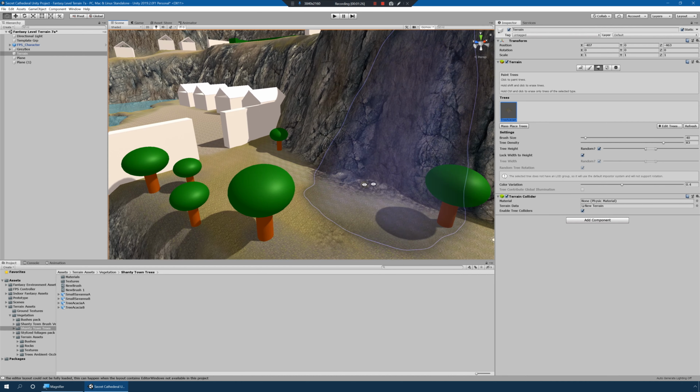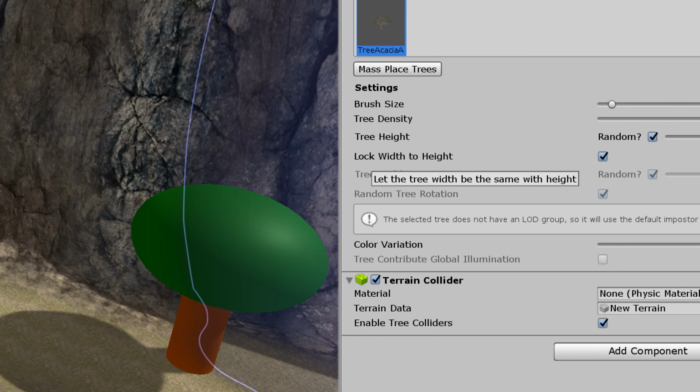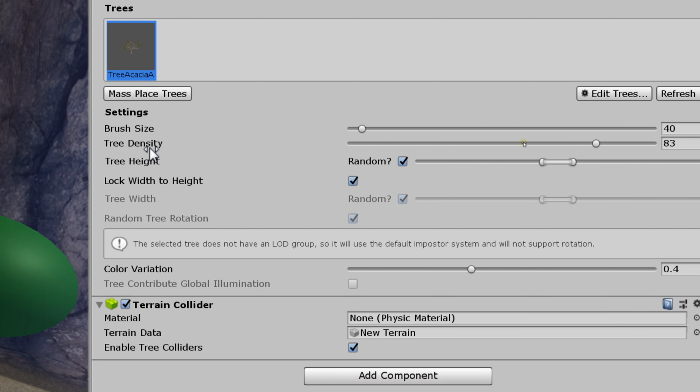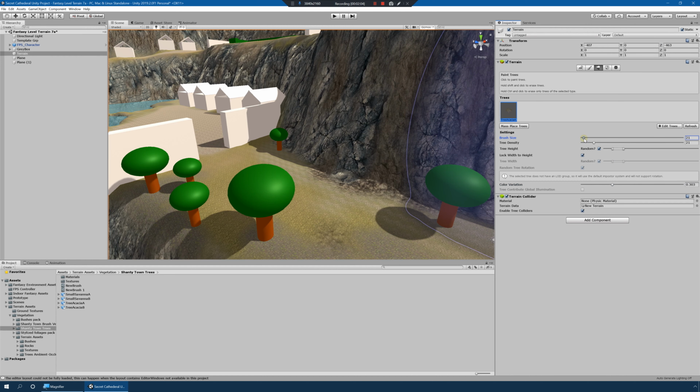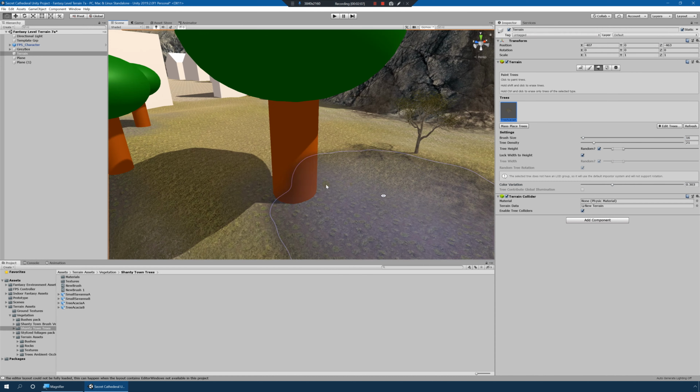And let's just go over some of the brush settings that we have right here. Brush size is as usual. Tree density means how many trees get placed down within that brush stroke. So if you want a thick forest, you can crank that. This is a range in which we can give variations to the height of our trees, and a color variation to give slight colors. So the way that this works, let me get a smaller brush size, is you click,